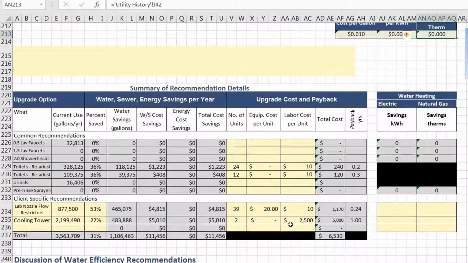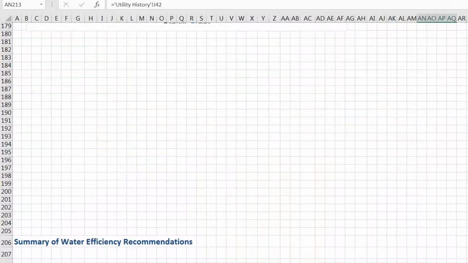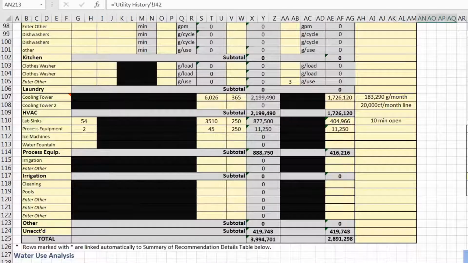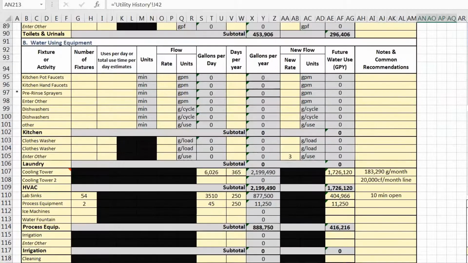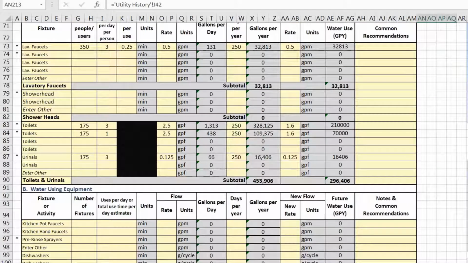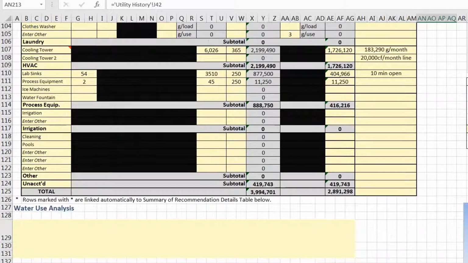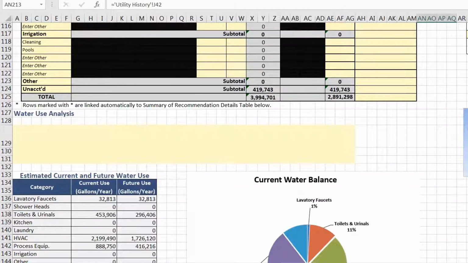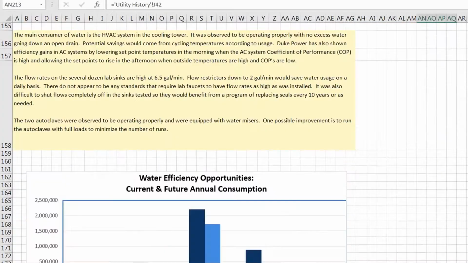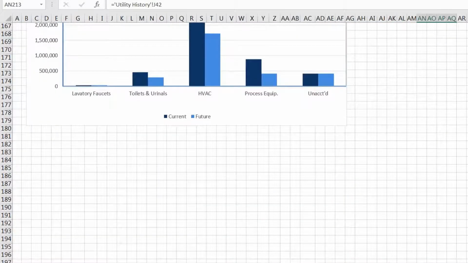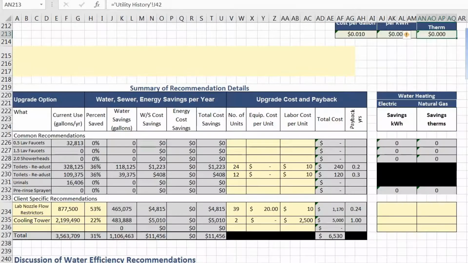So that's kind of a nice thing that you don't have to do, but we can capture those cost savings in this table. So we've just talked about how we can kind of do our water balance. I'm going to scroll back up to this big chart where we can put in all of our uses and kind of quantify what we think people are using. And it gives us an opportunity to go to the future state, and then that generates a water balance. And then we can go into a little bit more detailed chart that includes kind of the upgrade cost and